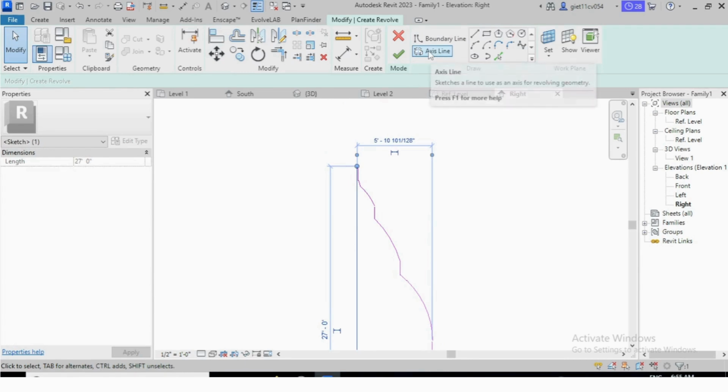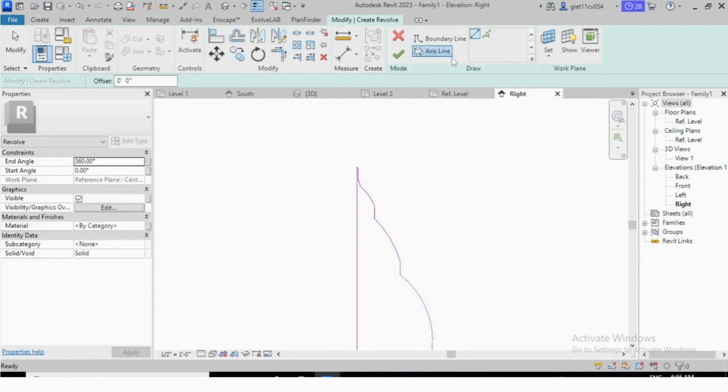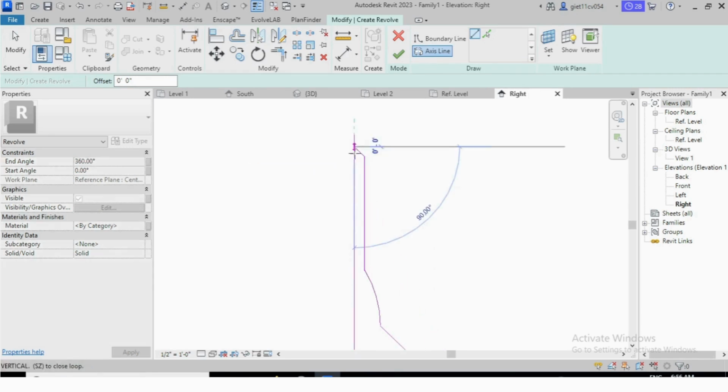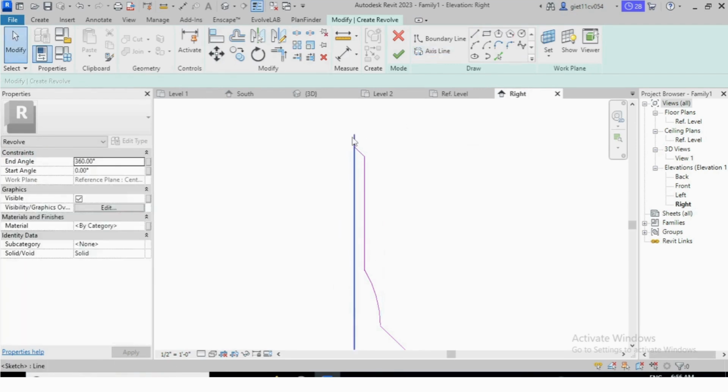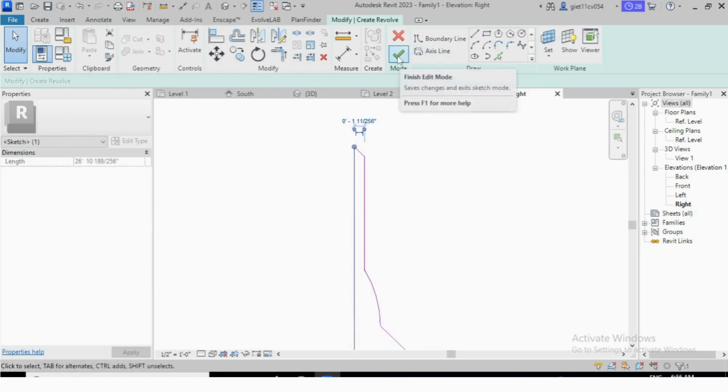Now just apply the axis line. And finish it.